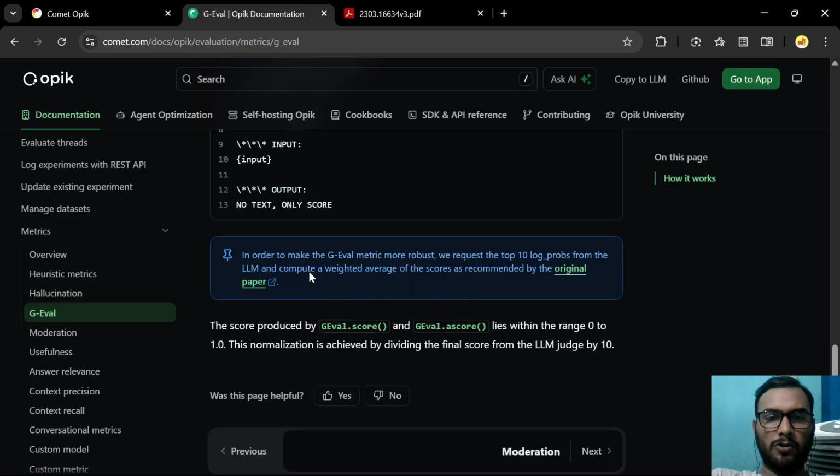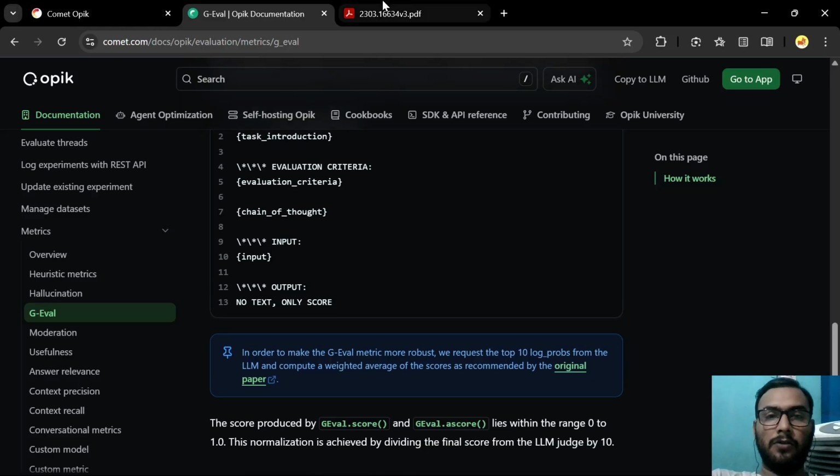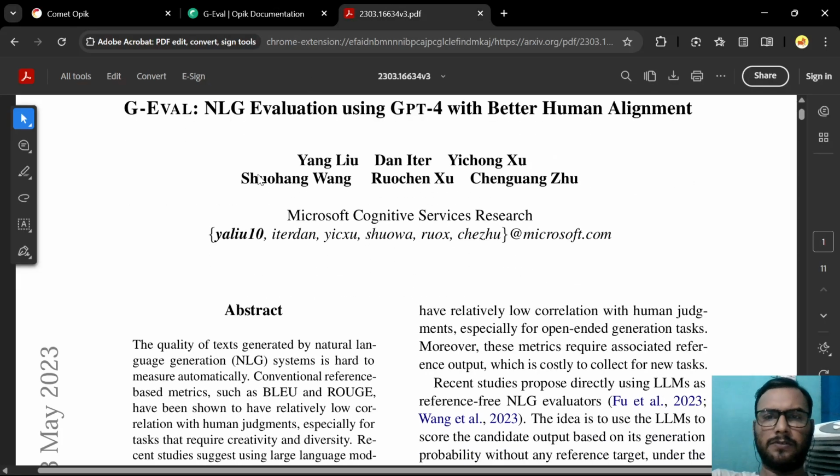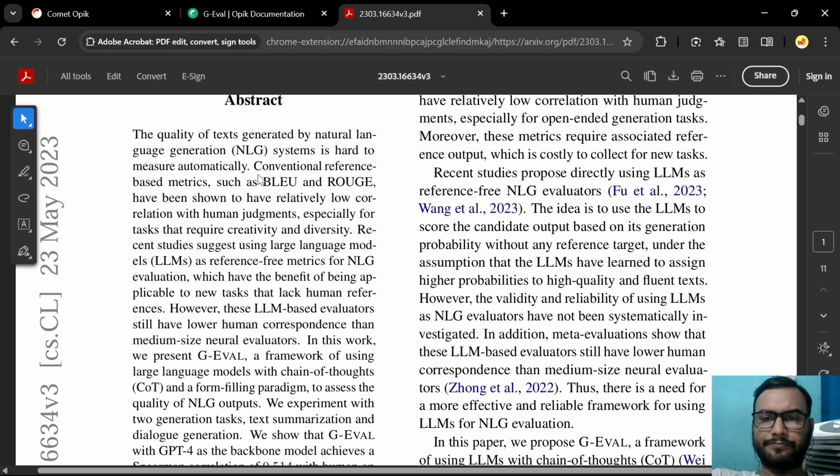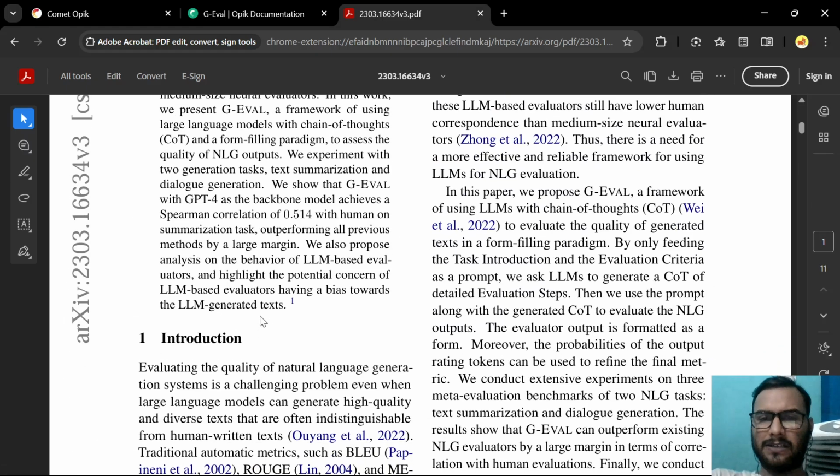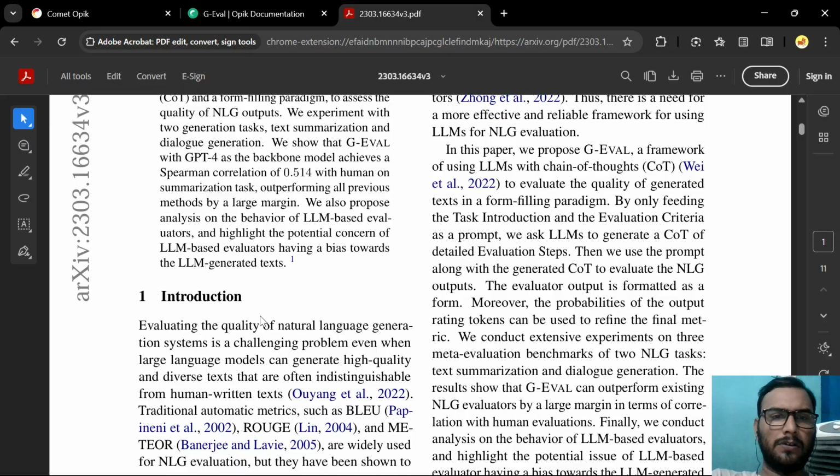Okay, in order to make the GEVAL metric more robust, we request the top 10 log probs from the LLM and compute a weighted average of the score as recommended by the original paper. The score produced by GEVAL score and GEVAL ascore lies within the range of 0 to 1. This normalization is achieved by dividing the final score from the LLM by 10. So let us read a bit about this research paper. Although I've read only the abstract and introduction, but